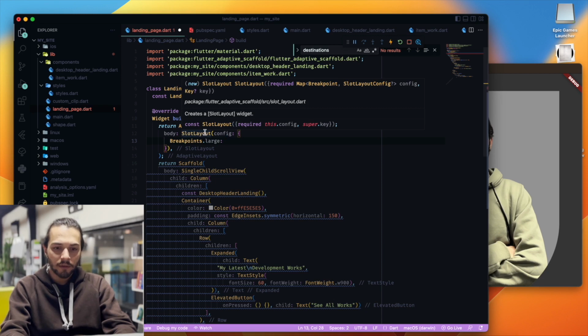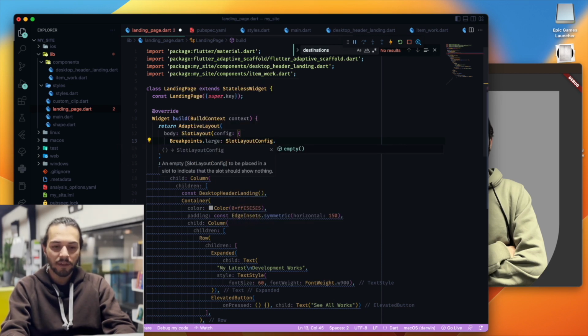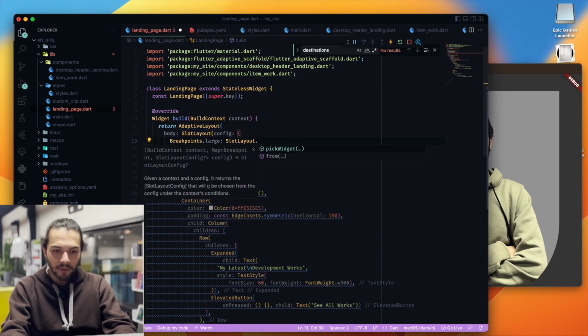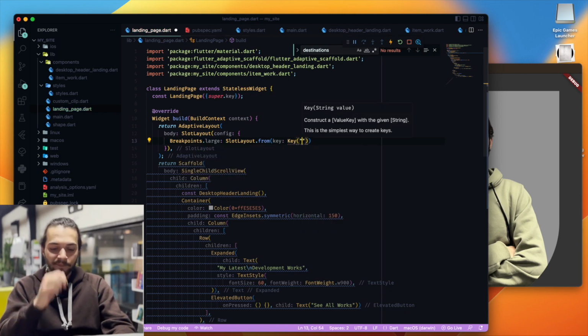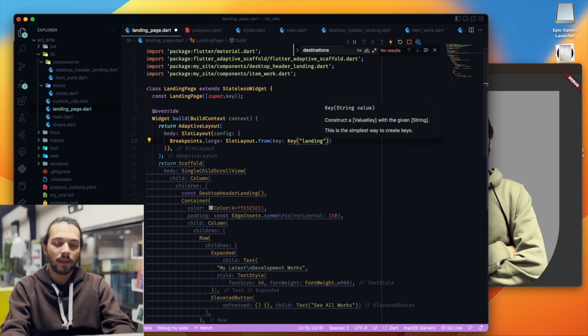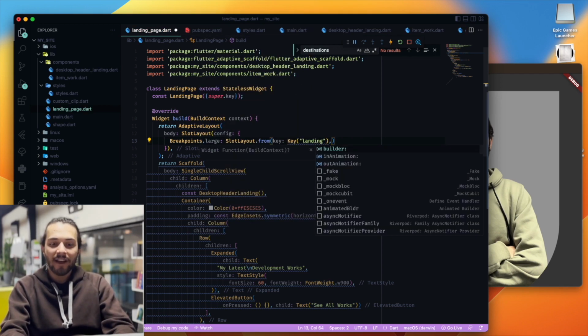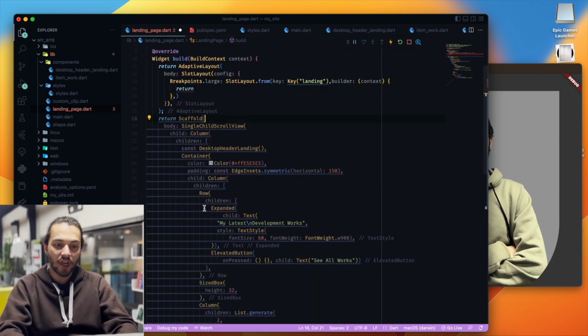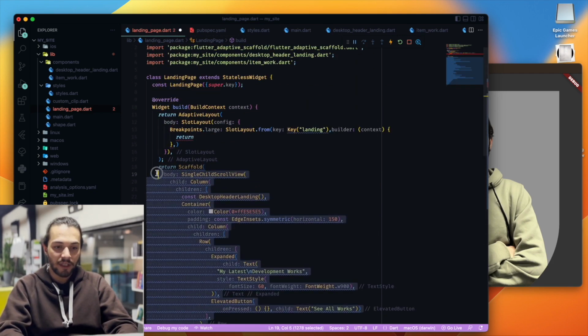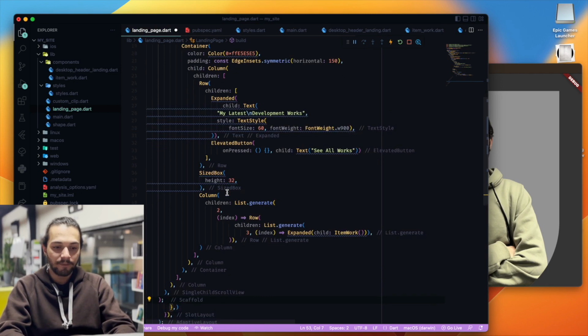okay, SlotLayout config. Why doesn't it work? Yeah, from, we need a key. I pass a key, for example, landing. I want to call it landing. It's good, and we can change it after. And we have a builder. I use a builder and return this widget in here. I cut it and added it here, and